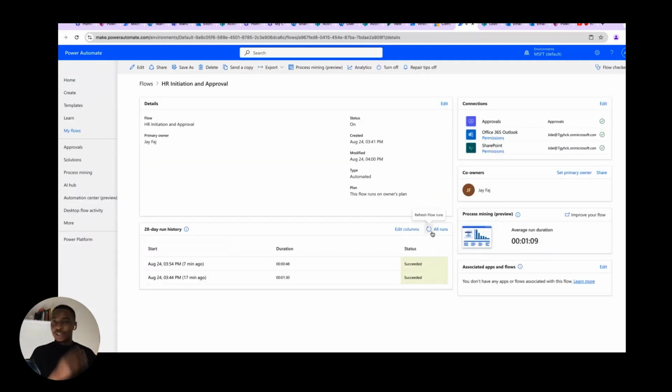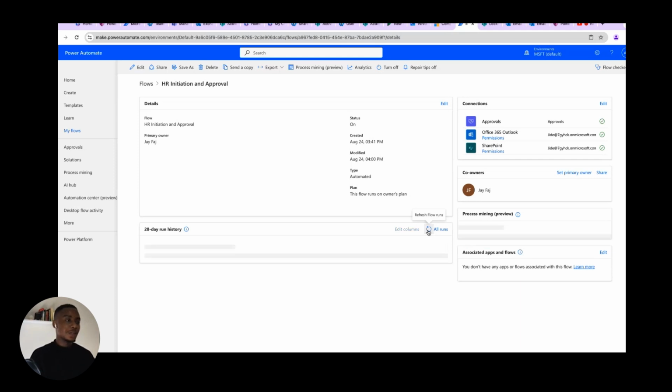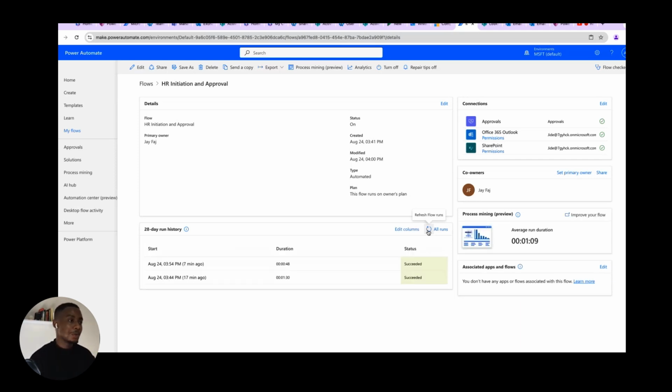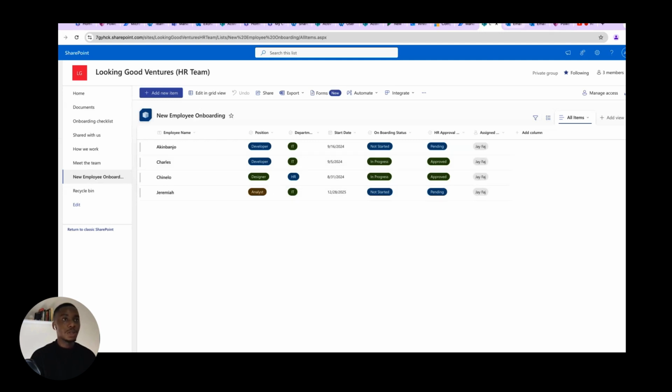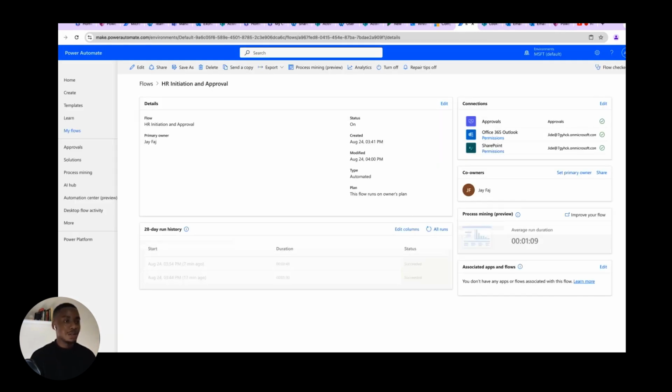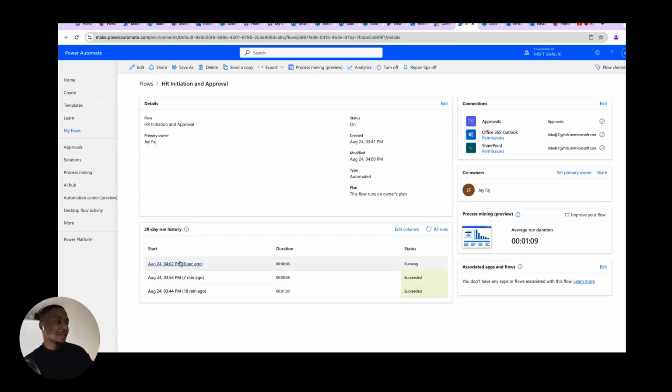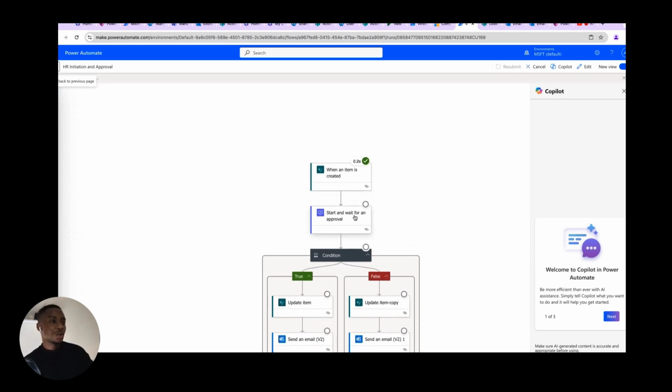Because again, these things are so fast on a normal environment, because this is a demo environment, it takes a while for it to pick up. So let's wait. So we're waiting for this flow to start running. So basically, we want it to pick up that we've submitted a new, okay. Jeremiah has been submitted. Power Automate just hasn't found out yet. Power Automate is still sleeping. So wait. Yeah, it might take a while. It's gonna happen. Yeah, that started. Cool. So it has picked up the one for Jeremiah,